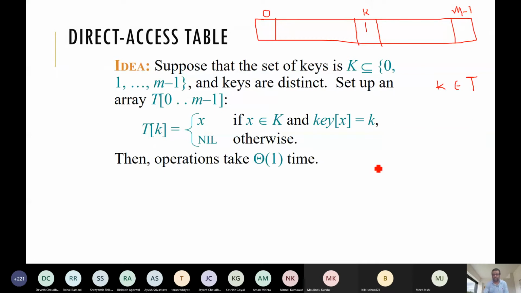So if our T is, say, 4, 9, 1, 3, we have a 1 over here, and a 4 over here, and say we have 9 over here.